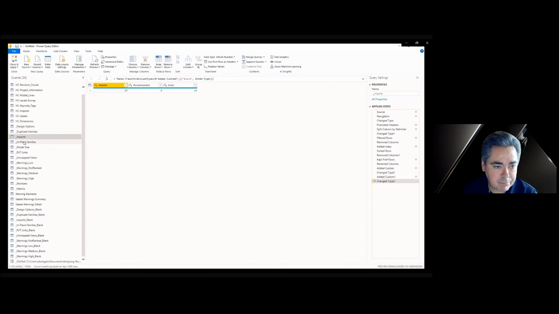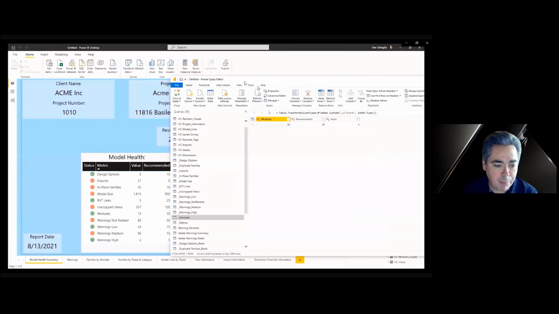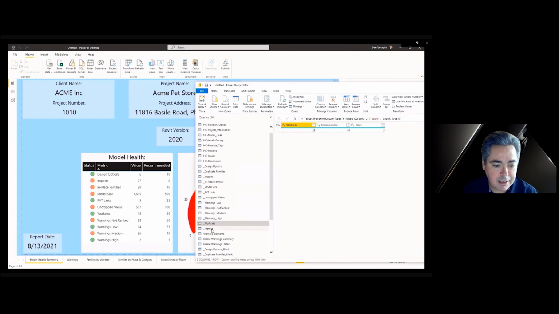So you'll see there are 27 imports. There are 30 in-place families, the big model. You can see all the data that's in these different tables as I go through them, all the warnings, and then the work steps. The magic table in this whole thing is metrics, because metrics is really almost a match for what you're seeing there.